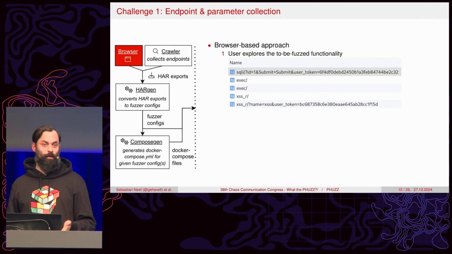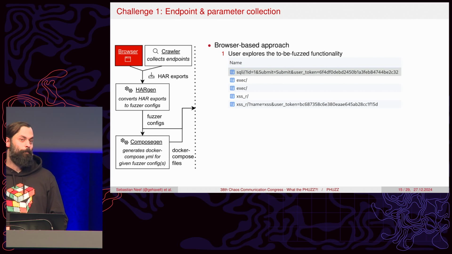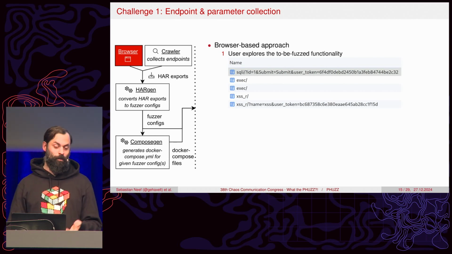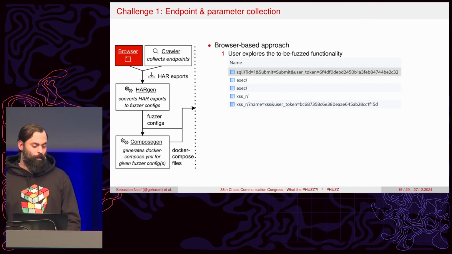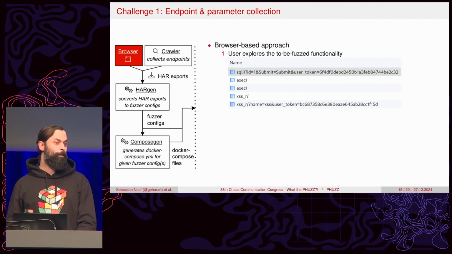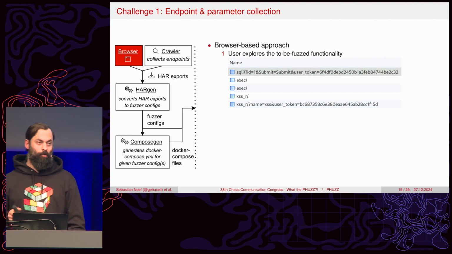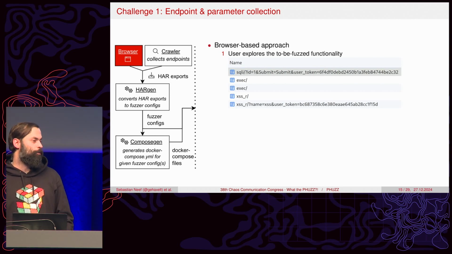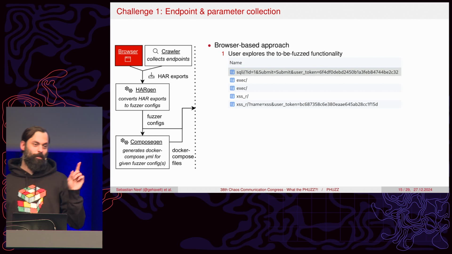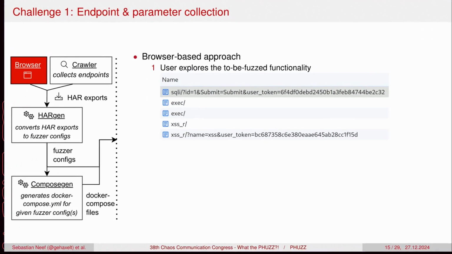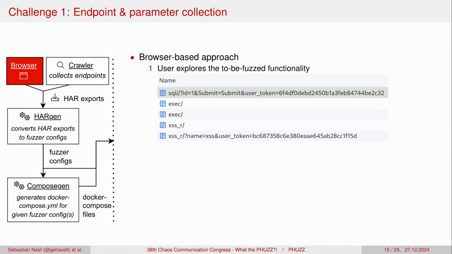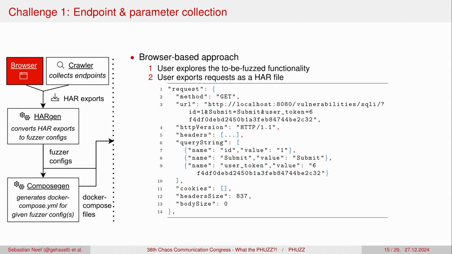So once you set up the web application in the instrumented PHP web server container, you explore the web application using your browser with your developer console open. And if you tick the right box, it will preserve all the requests that were sent to the web application from your browser. So the next step is then to export these requests into a HAR file,